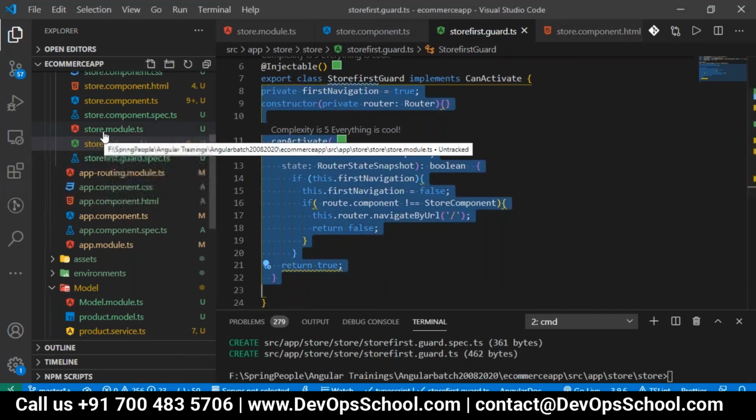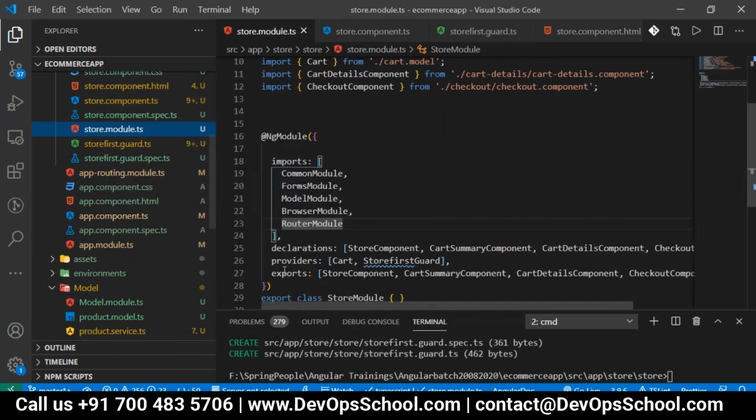In the store module TS, you have to add it in the providers.